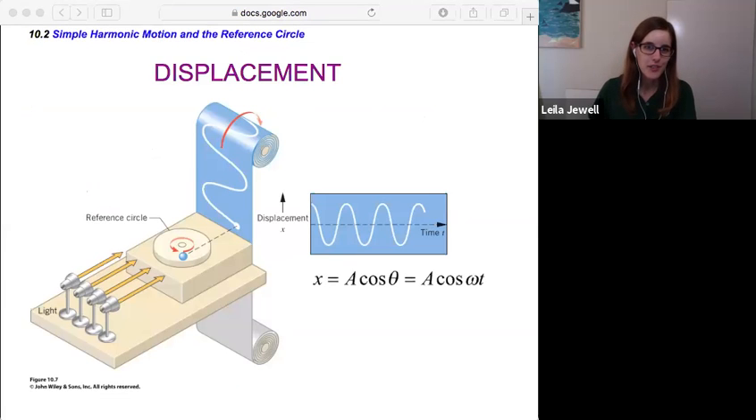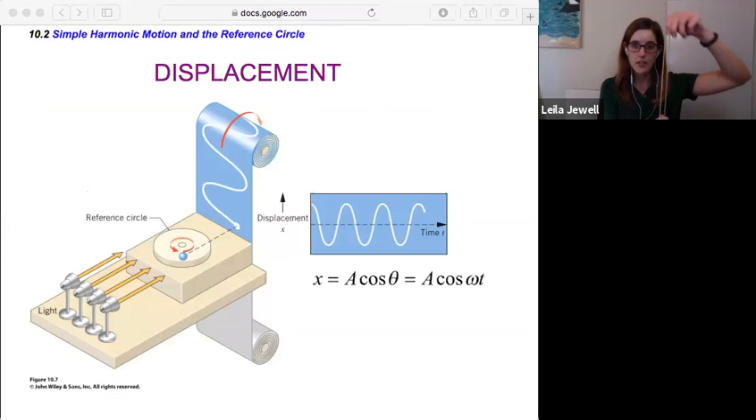Section 10.2, Simple Harmonic Motion in the reference circle. First, we're going to take a look at displacement and how that ties into our simple harmonic motion. A really nifty thing here is that the simple harmonic motion that we described for an object that is oscillating